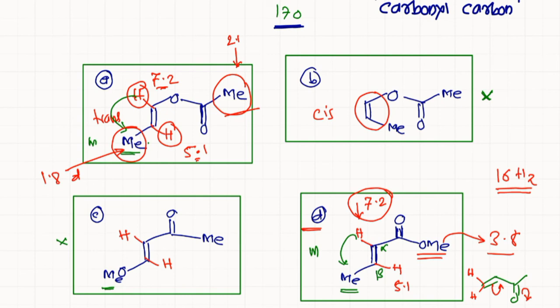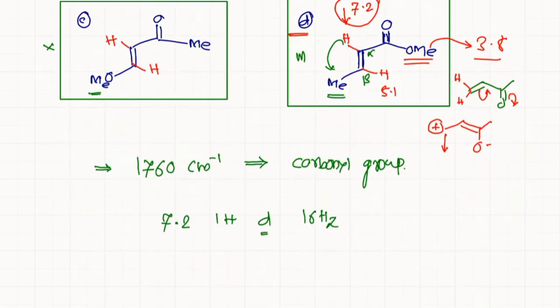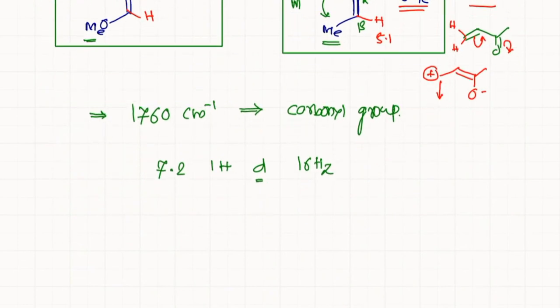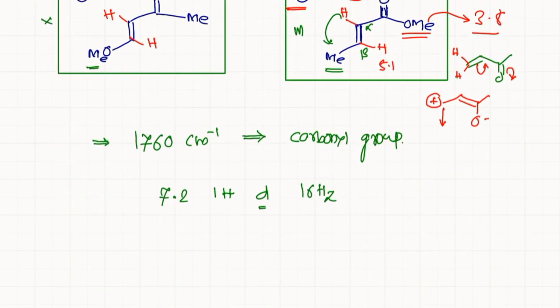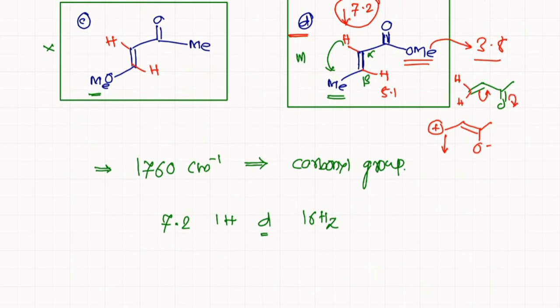These are some important terms used to identify your given compound. In that compound there are two things: one is the ester, no problem at all, because 1716 means it must be an ester carbonyl. In that way we can explain the compound and solve this question. So the answer from this should be A.